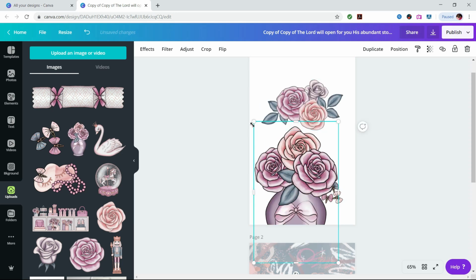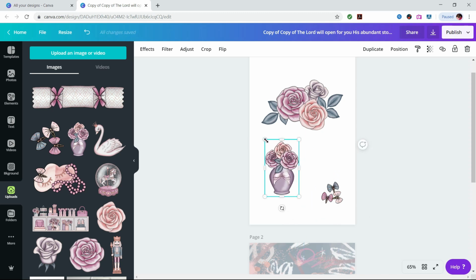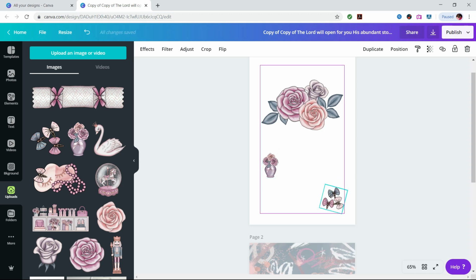So now I'm going to add this flower vase, and again I dropped it inside of the measurements. That way I can control the size of the image. So now what I'm going to do, once I finish adjusting these sizes, I want to be able to use a font for this card, and I want this to be a Christmas card. So I'm going to just go ahead